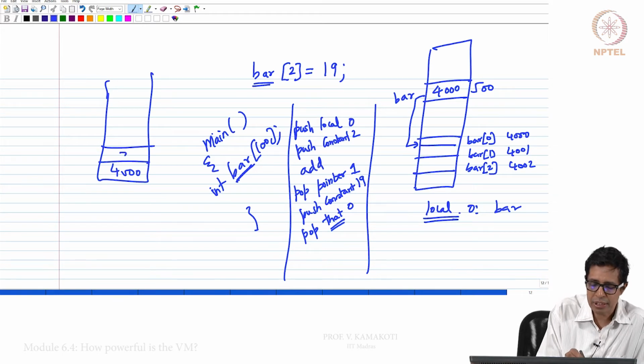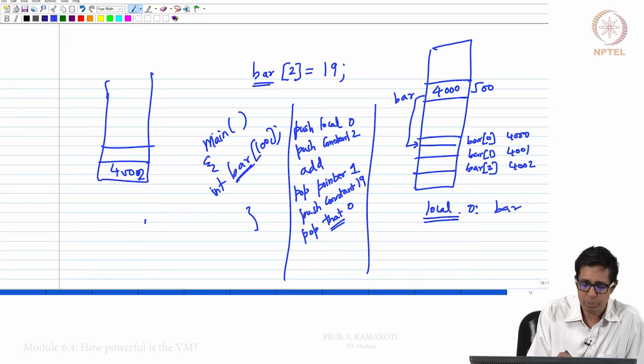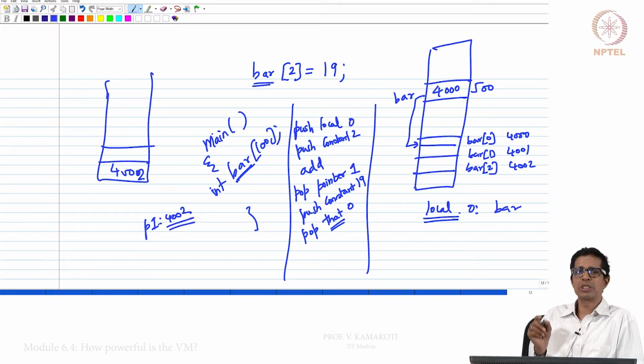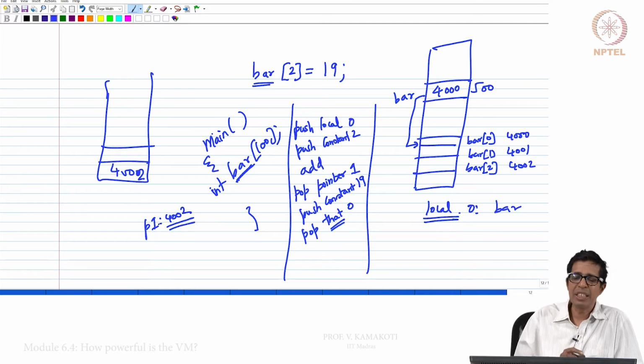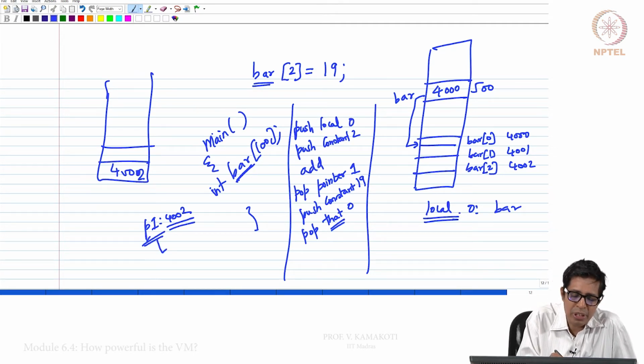Now, I am pushing constant 2. Now, I am adding it, so this becomes 4002. Now, I am popping this 4002 into pointer 1. So, pointer 1 will get 4002. Pointer 1 always points to the base address of the that segment, and this and that are basically temporary segments. Pointer 0 will point to the base of this.